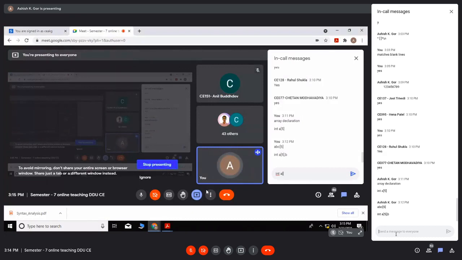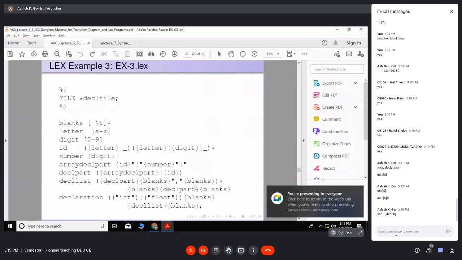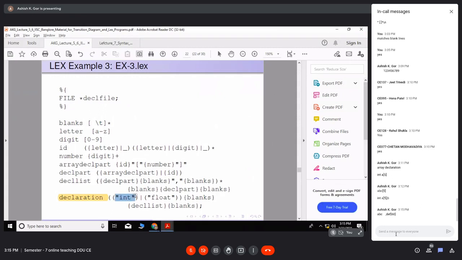It's like that, integer a, like say ABC, then blanks, then DEF of 60. This is also a valid declaration. You won't get any error if you write like this. But if you want to write a complete declaration, there should be a data type, right? So either integer, or it could be float.